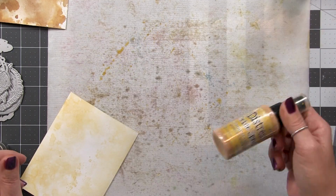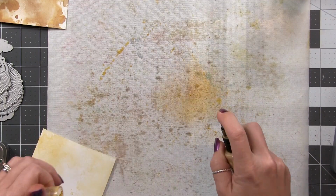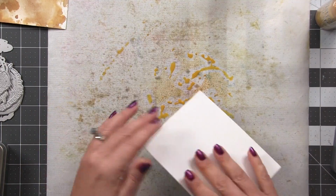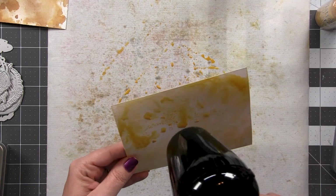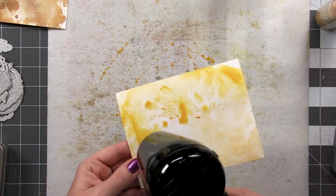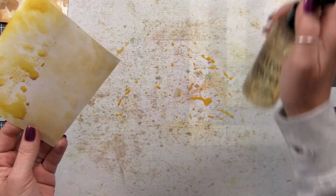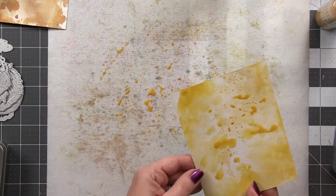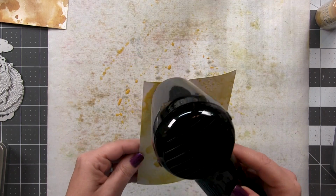For a little bit deeper color, I'm going to pull out the Fossilized Amber Distress Oxide spray. Again, I prefer to spray it on my mat and pick up from there, but you could spray direct to your cardstock if you wanted. I'm going to spray that down, add some water, and then I'm going to just start dipping and pouncing. So you can see this is going to give me a stronger concentration and a little bit deeper, a little more toward the orangey side of this yellow, and that's going to break up that light yellow nicely. Go in for another layer, dry that,